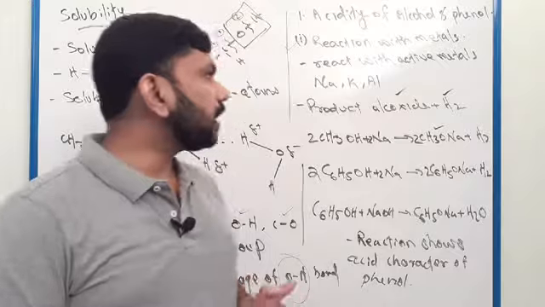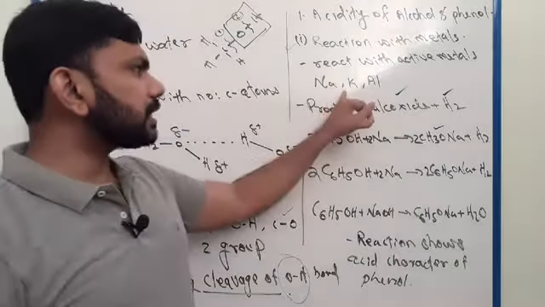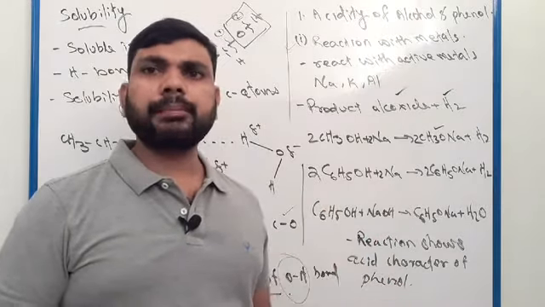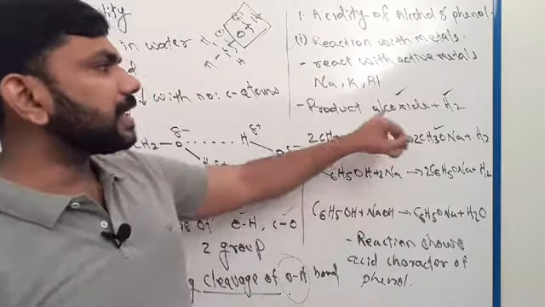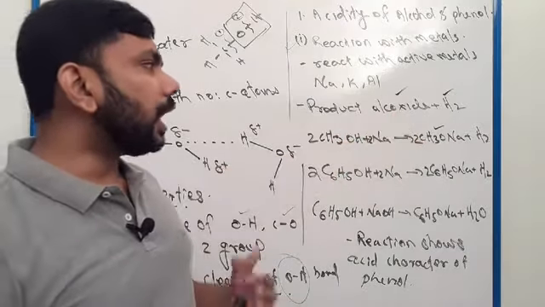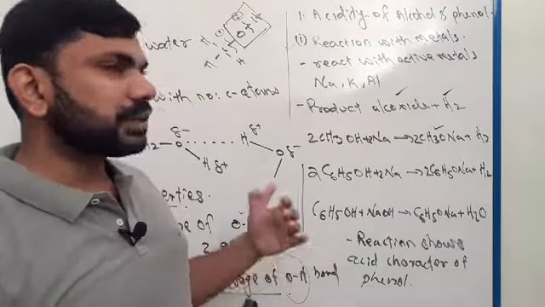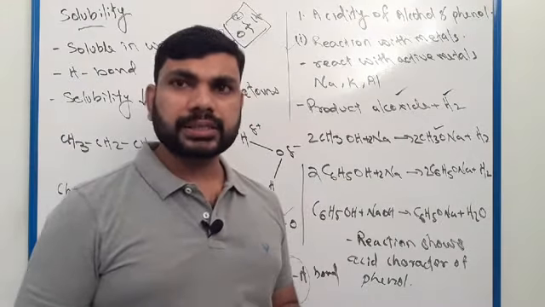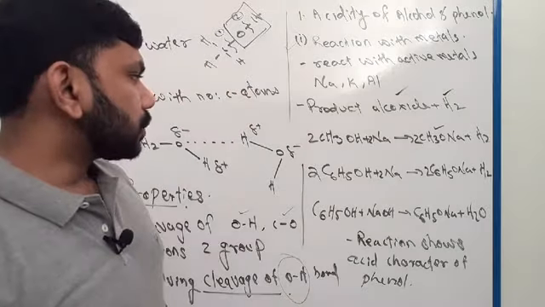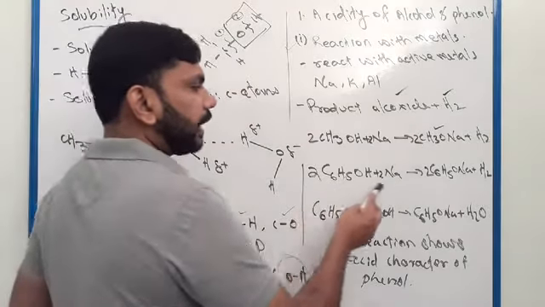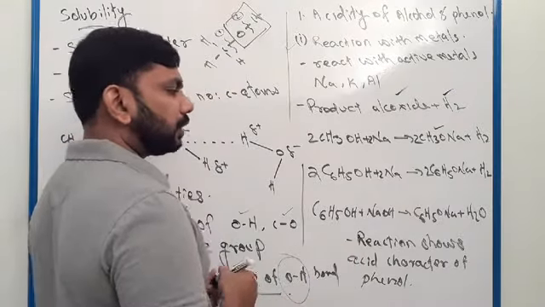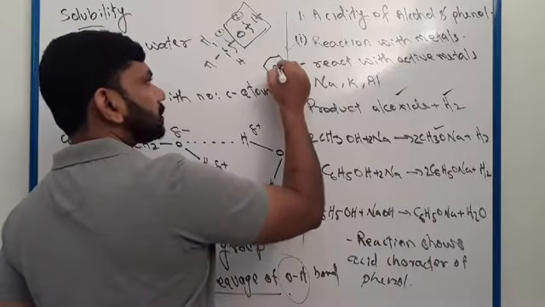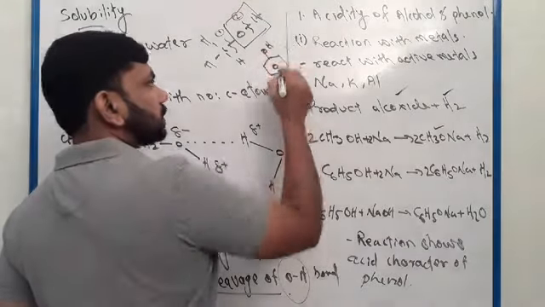Ethoxide. Similarly, potassium reacted with methanol gives potassium methoxide, and potassium ethoxide. So generally we will say alkoxide. So alcohol or phenol reacted with the active metal produces alkoxide and hydrogen gas. Clear? So look here, phenol reacted with the sodium. You can draw the structure of phenol like this.